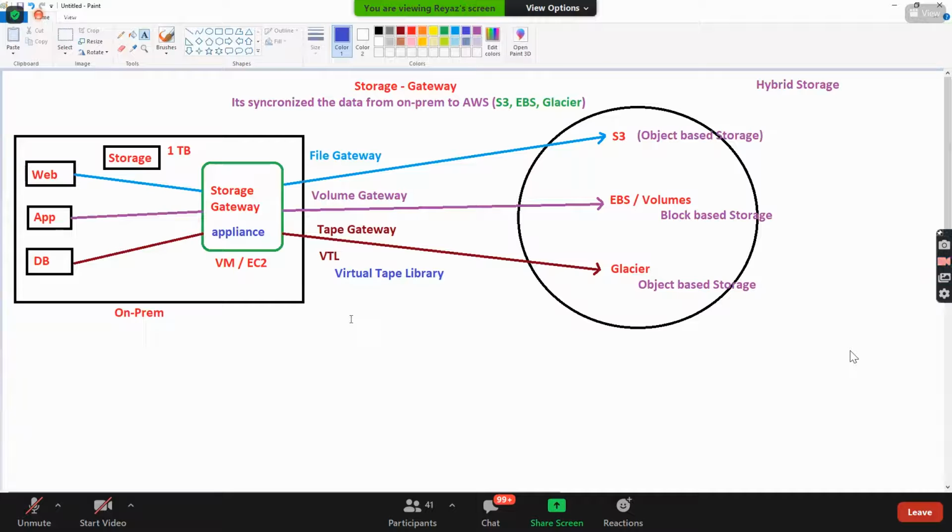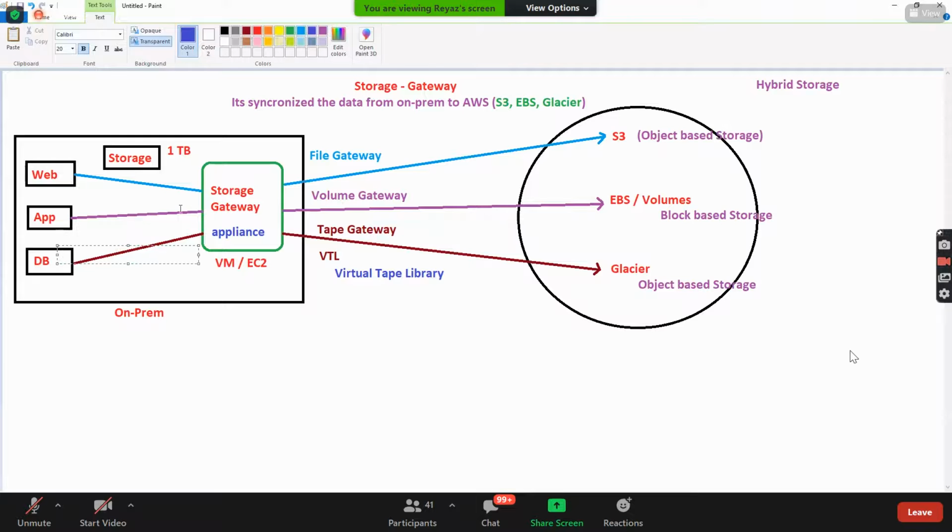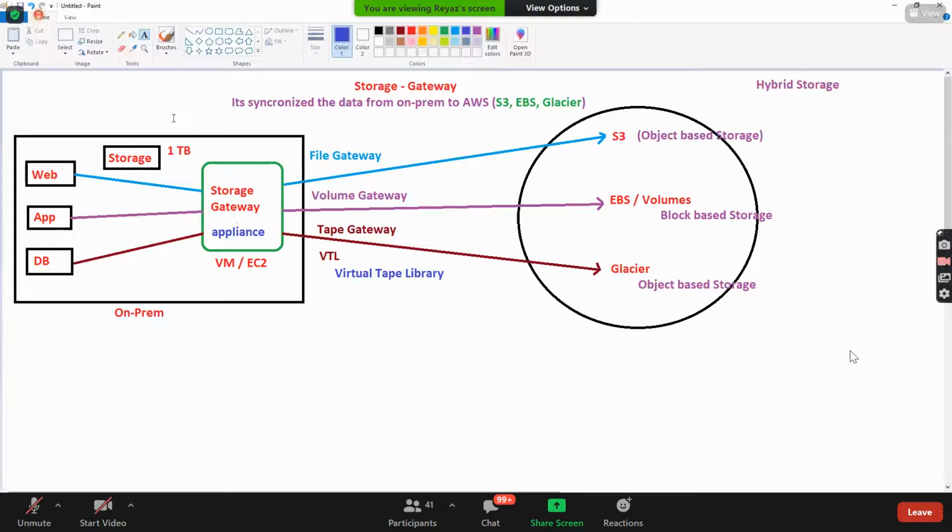To archive it. Instead of taking the backup in the tapes, you just create a storage gateway called tape gateway, and you push all the backups to the storage gateway, and automatically it will go all the way and sit in Glacier, if you set up VTL. If you want to archive it, go for tape gateway in Glacier.